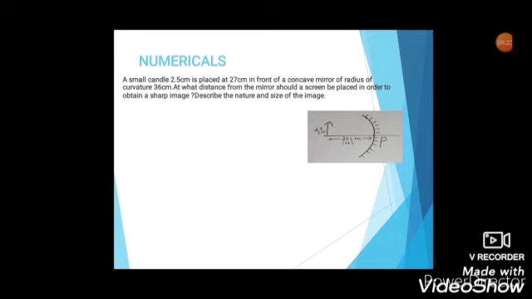So a screen will be placed where the image is formed. Wherever the image is formed, when we keep a screen there, you get a real, a sharp image, right? So indirectly, they've asked you to find the image distance. Sometimes a question would be asked like this also, right? So this is the question. Is the question clear to you all?